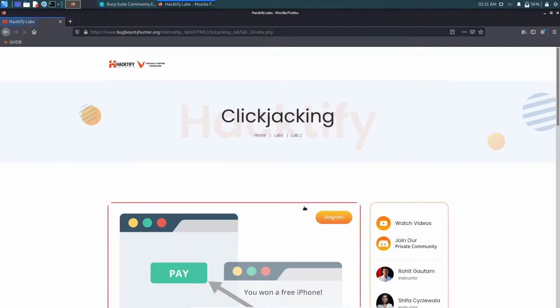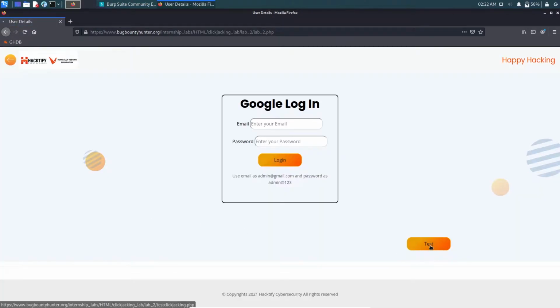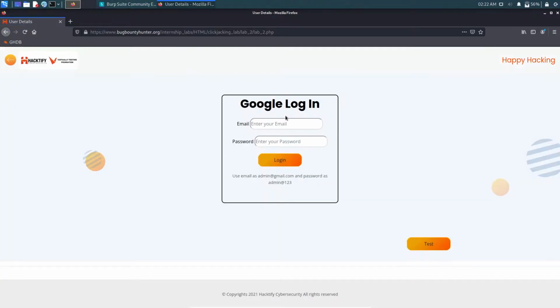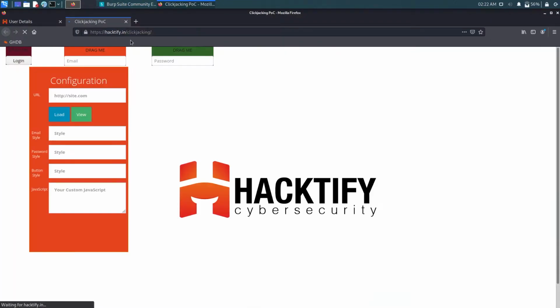For the rehijack one, in the test page the clickjacking format is already applied above the template, but we won't be using this. We will just apply a template from the Actify portal and use it on the previous login. Let me just grab the link for that. The link is actify.in clickjacking.